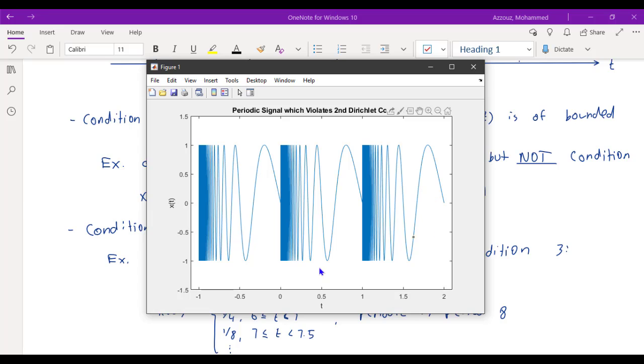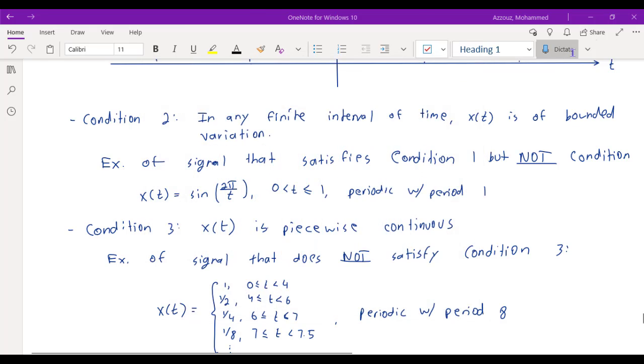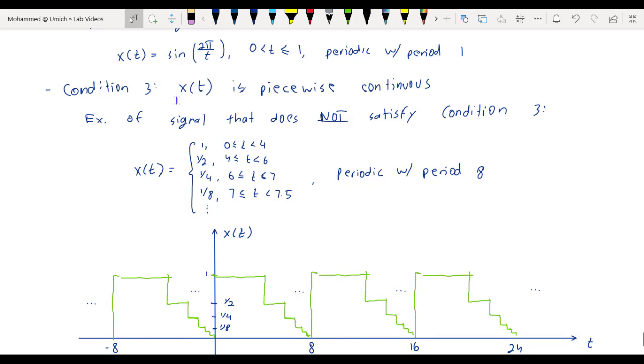So this function, which is periodic with period 1, is absolutely integrable within each period because the integral from 0 to 1 of the magnitude of x of t dt is less than 1, but it has an infinite number of maxima and minima in each period, which is why it does not satisfy the second Dirichlet condition. The third and final Dirichlet condition is that in any finite interval of time,